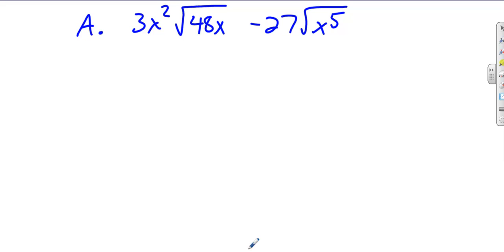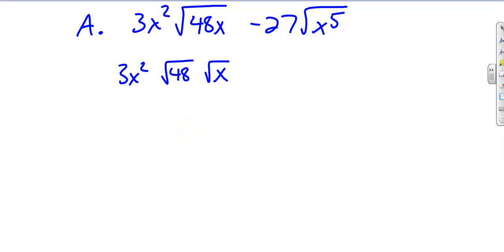Okay, so on the first term, 3x squared is good. We're going to take the 48, though, and start breaking it down. Again, if you want to think about it this way, we have the square root of 48 and then the square root of x. You can think about each piece as being like a separate piece on the inside. If you start taking the 48 and breaking it down,